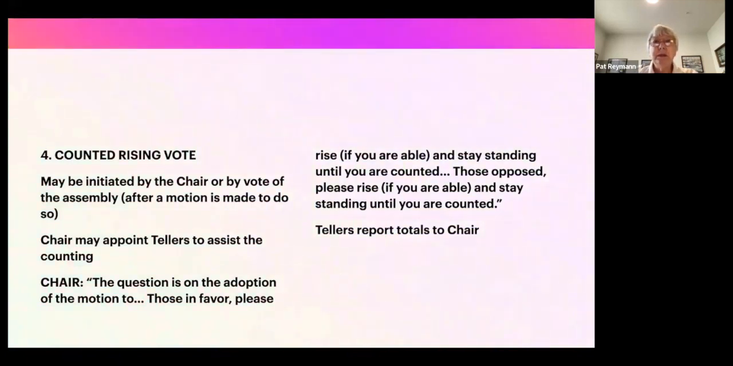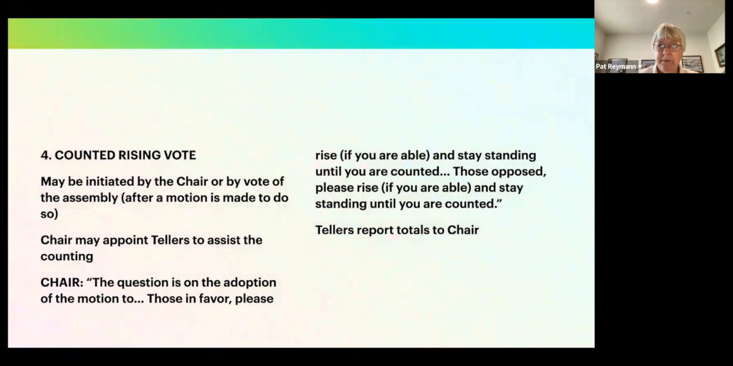So the tellers would be down on the floor counting by rows or however they want to do it. Then they would signal to the group, one row at a time, you may be seated. They're probably writing down on a little Post-it note or something how many were in that row, however they decide to do it. And then the tellers report the total to the chair in this case,